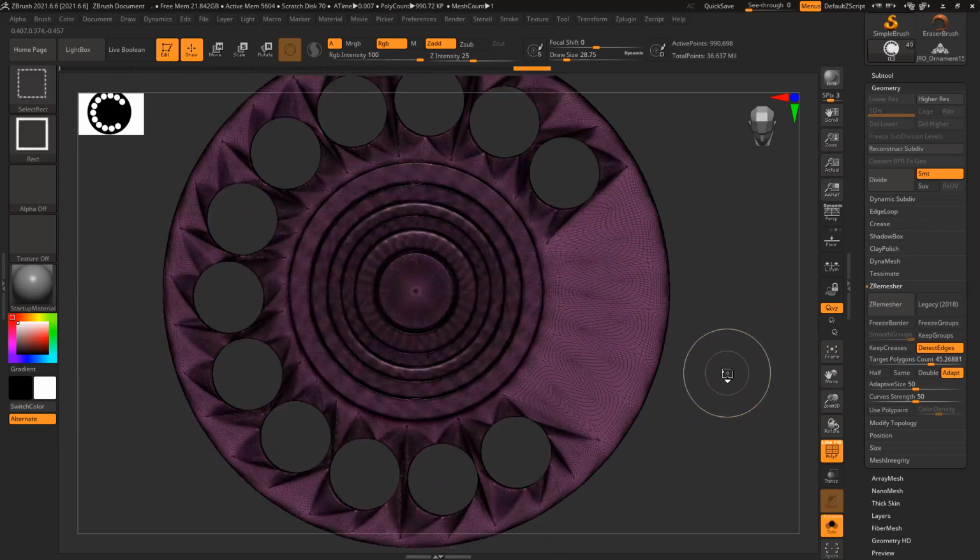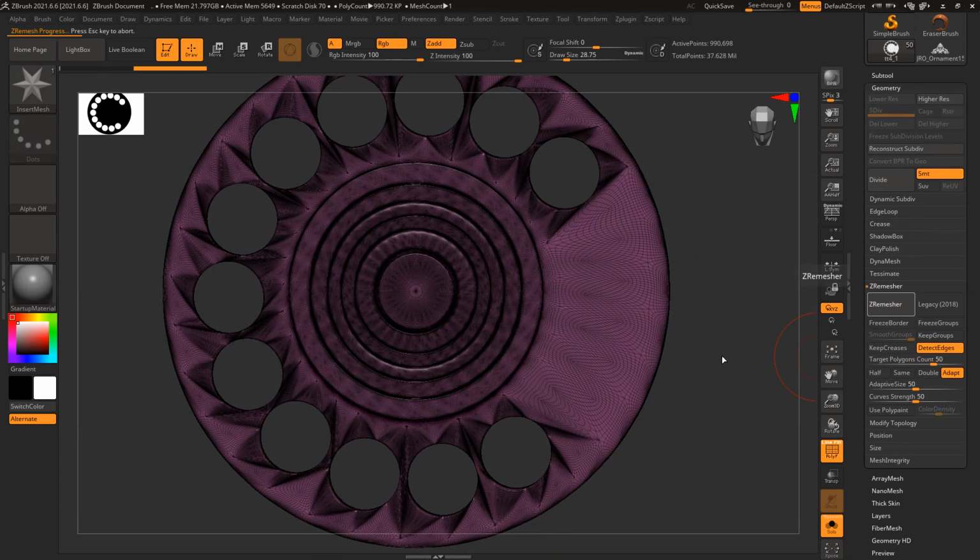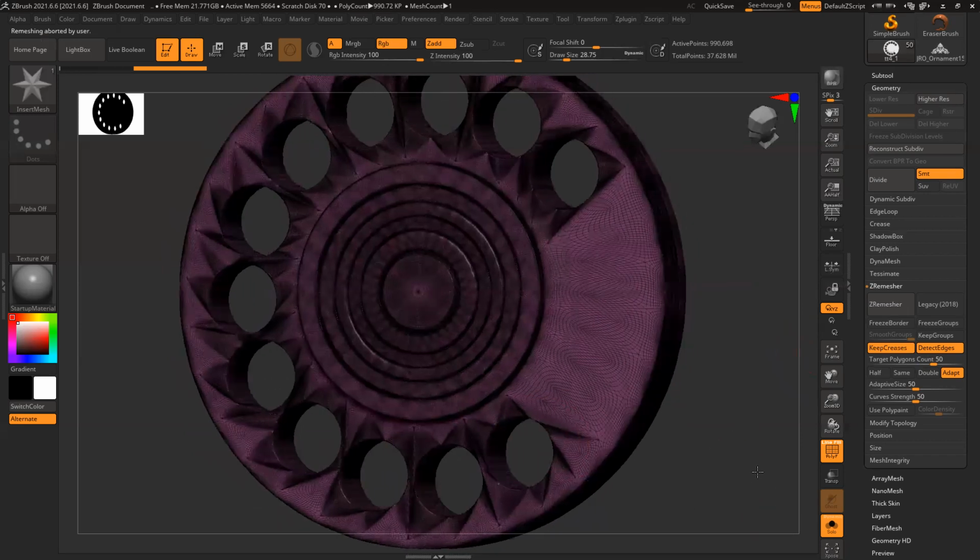Then Control Shift D, duplicate the model, and apply remesh, I believe 50,000. One more thing I can do is keep crisp edges, all those crisp, clean cuts.